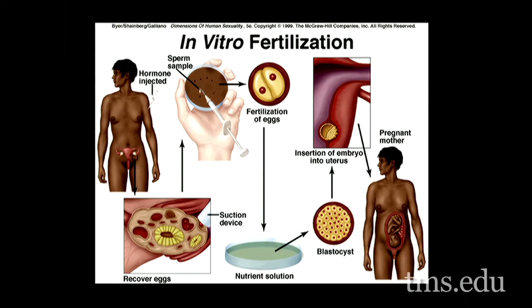It's not something where she has to be under general anesthetic or anything like that, but they use a laparoscope, which is a long tube that has a little camera on it, allowing you to see inside where the ovaries are, and then you can insert a needle into the ovaries, harvest a bunch of eggs, remove them, put them into a petri dish, and then you take the husband's sperm that has been provided,